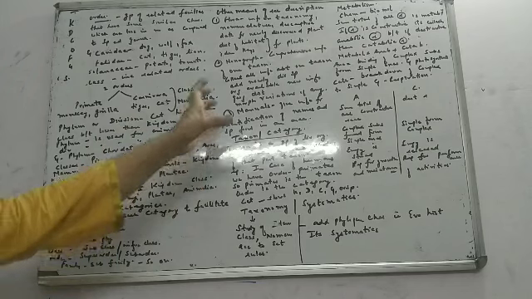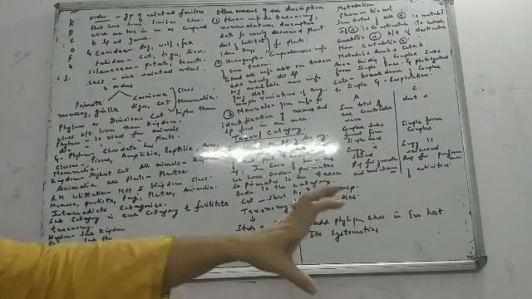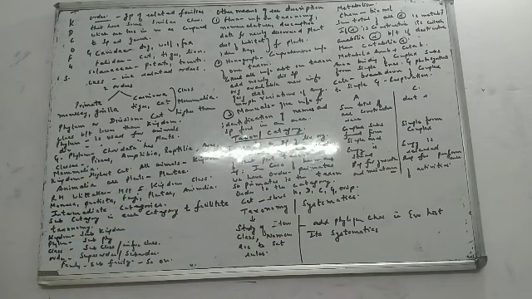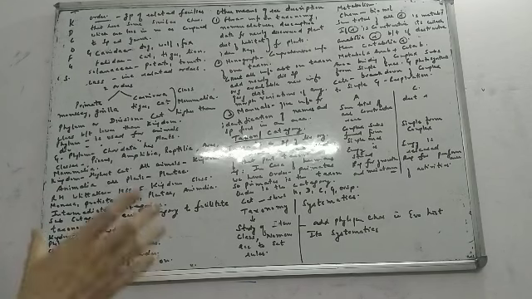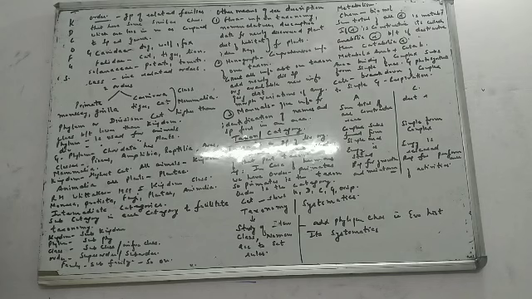A very quick difference between anabolic and catabolic reactions. Anabolism is the sum total of all the constructive reactions. Catabolism is the sum total of all destructive reactions. Second point: a complex substance is formed from a simple substance in anabolic reactions. And in catabolic, just the opposite. Some simple things are formed from the complex substances.